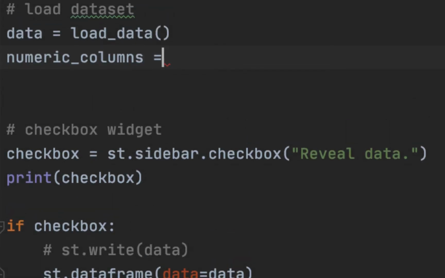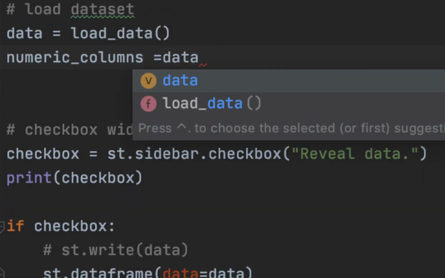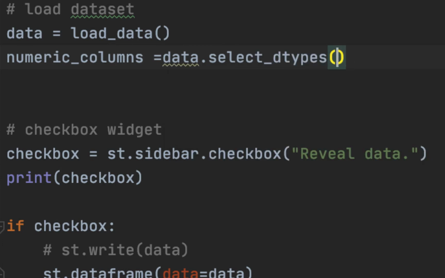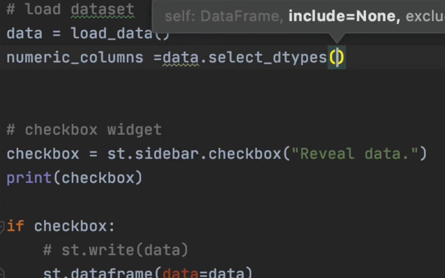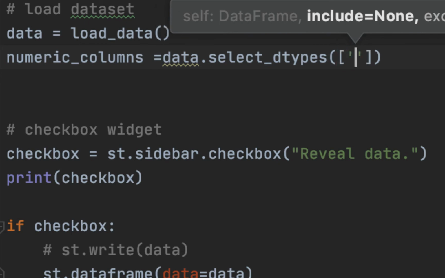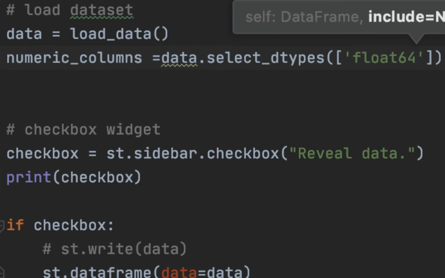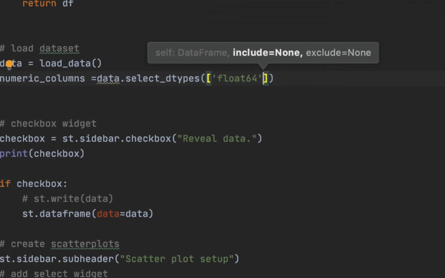So that's going to be equals to data dot. Now I'm using a pandas function. What this pandas function does is it selects certain data types and puts them into a data frame. So we want it to collect float 64,